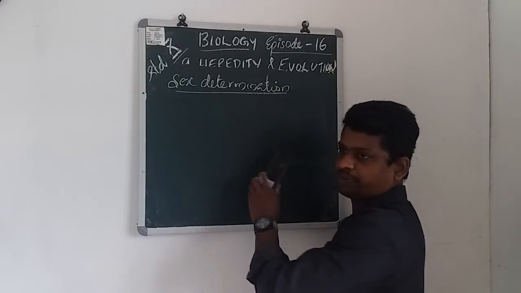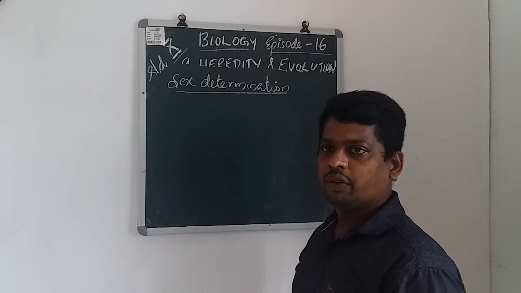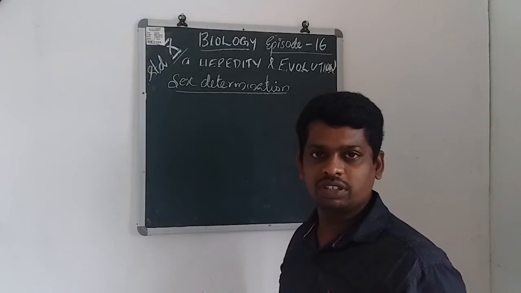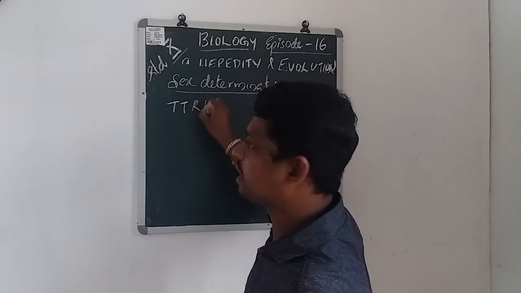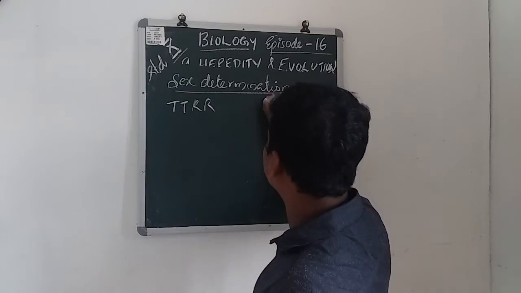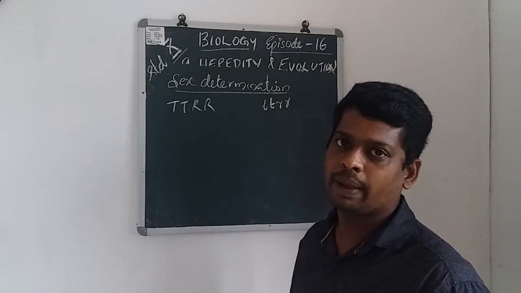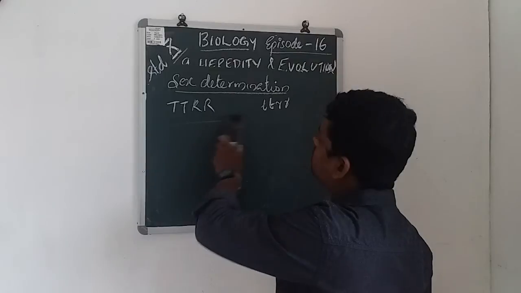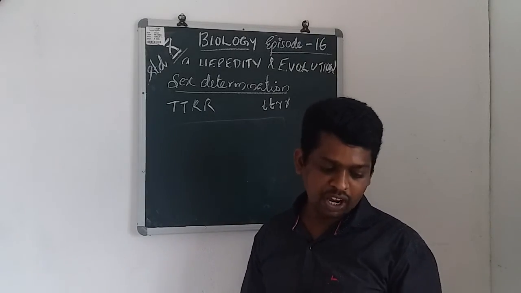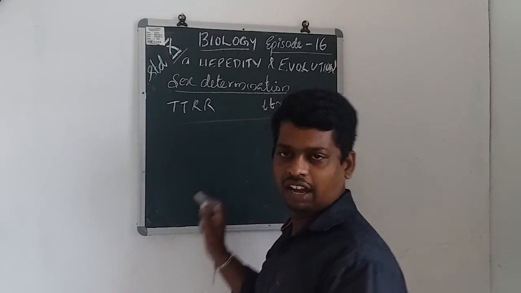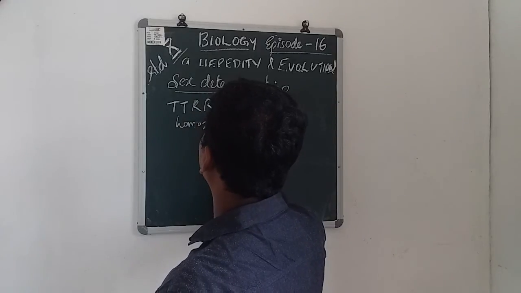In this chart, the hybrid ratio, we have noticed about the equal characters here, capital T, capital T, capital R, capital R, and the small t, small t, small r, small r, the same characters. The gametes are the same structure. This type of gametes is known as the homozygous. Both genes are equal. That is the homozygous.